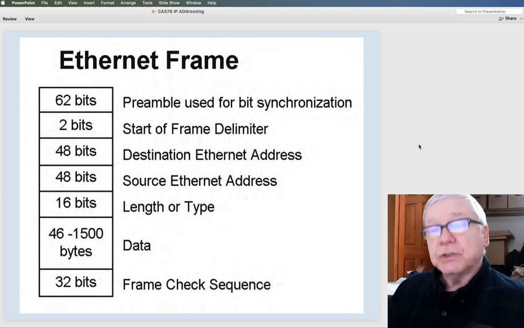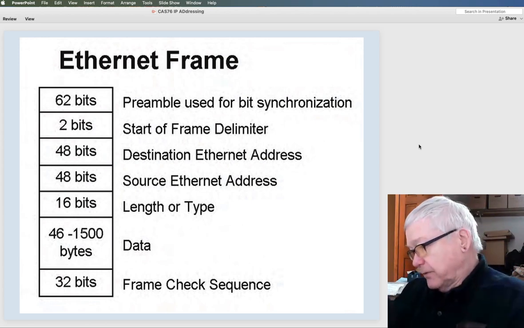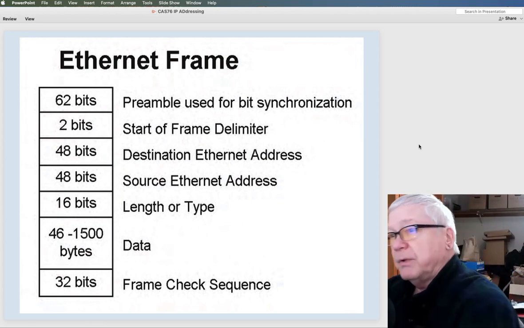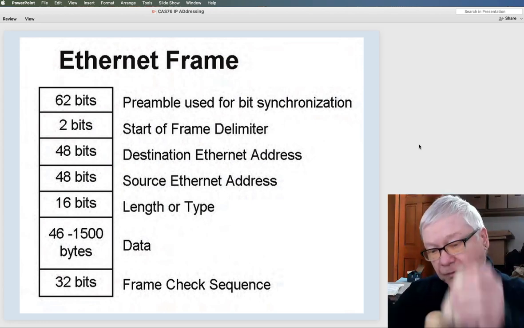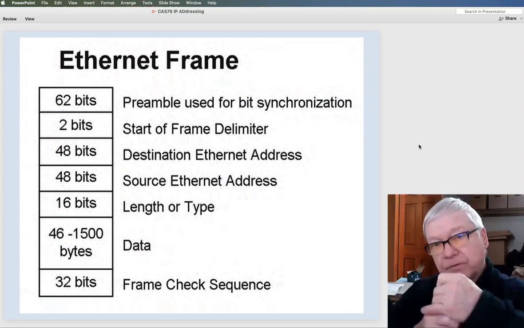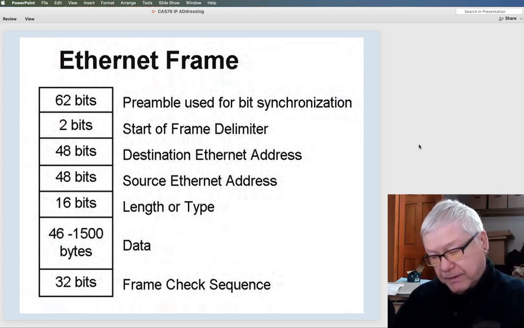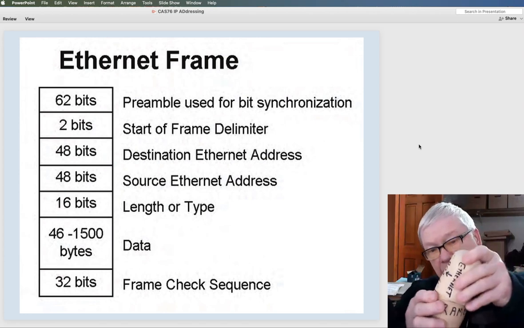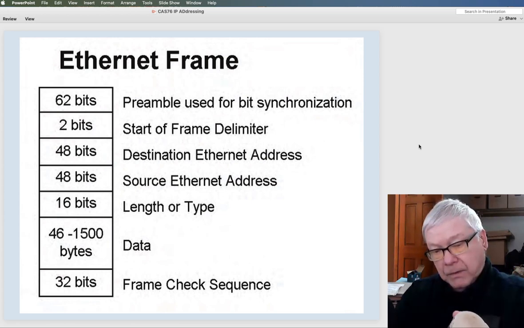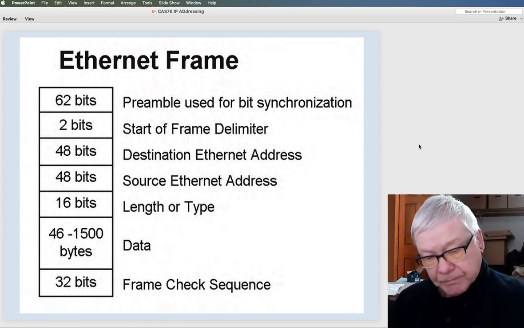Well, the information that is going to be encoded, the information that comes from the upper layers and is encapsulated when we get down to layer 2, we have to put that in a package.